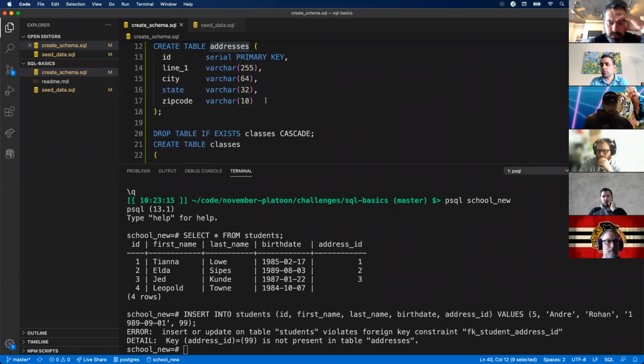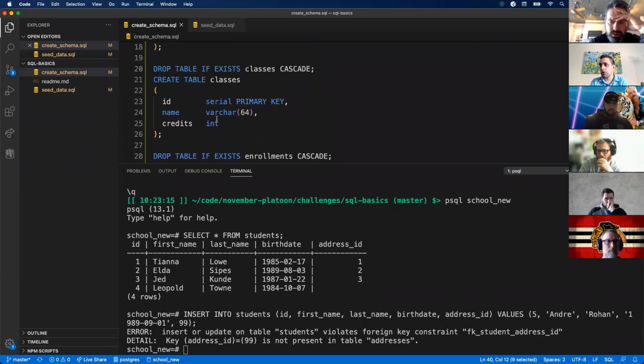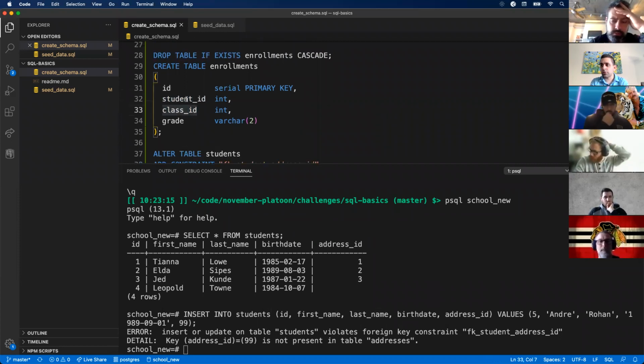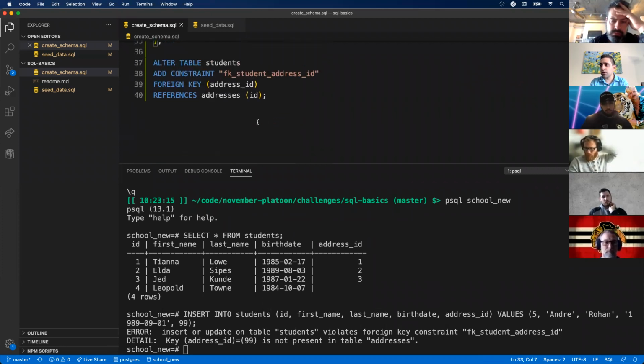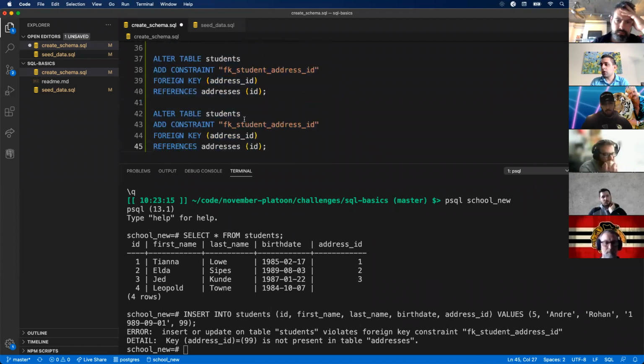All right, so again, if we want to add in more foreign keys, we can look at our class table and then enrollments. So enrollments actually has 2 foreign keys that we're going to create, a student ID and a class ID. So student ID will reference the student table, and then class ID should reference the classes table. So again, if we want to do that, we can do that really easily. Since we have this, let's just copy and paste. In this case, we have enrollments, and we'll call this